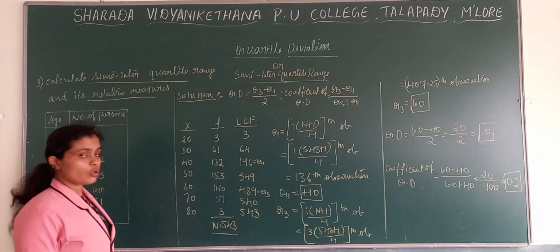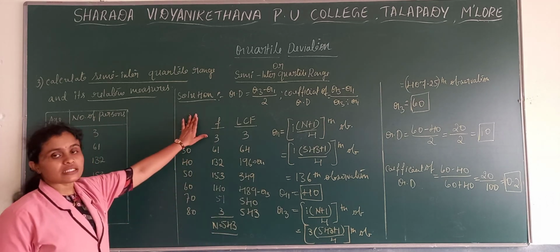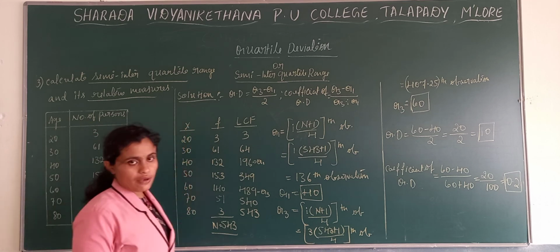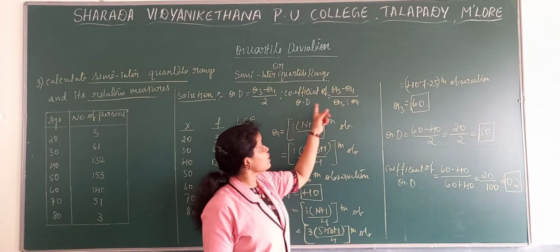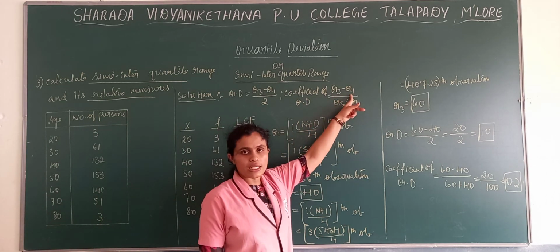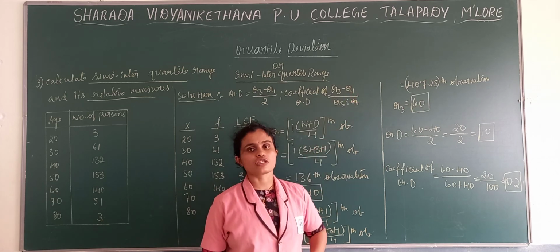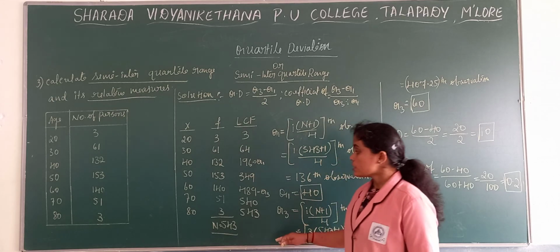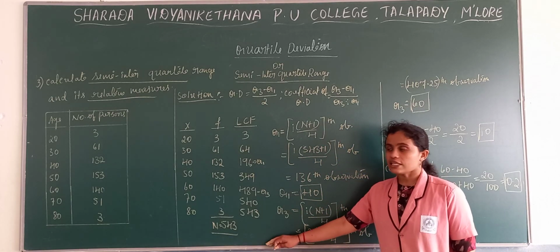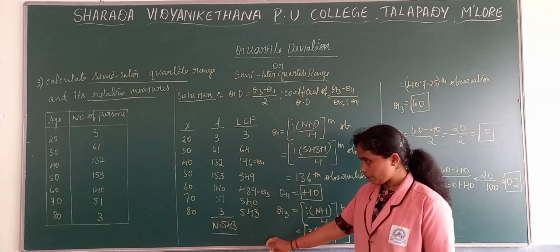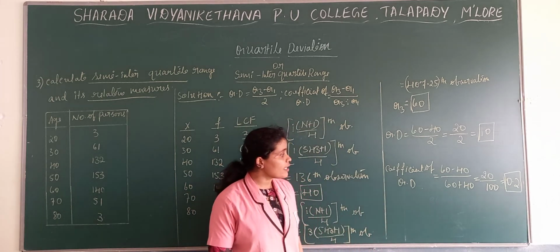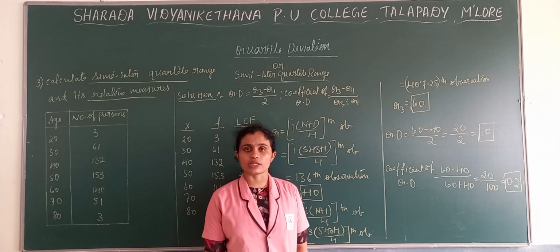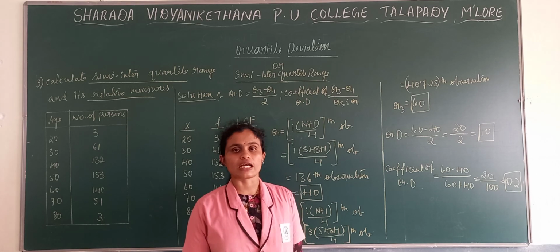So this is about quartile deviation or semi-interquartile range, and today we have seen how to take the values of Q3 and Q1 when you get them directly, and how to substitute. Then we have seen one ungrouped formula, and just now we have completed a discrete problem. So with this we can wind up today's class, and in tomorrow's session we will see how to solve the problems when you get continuous problems.